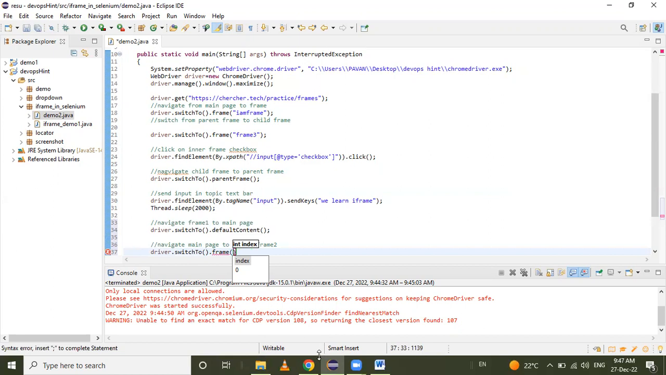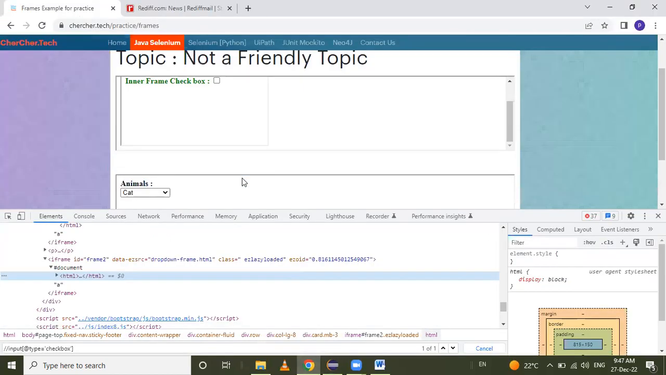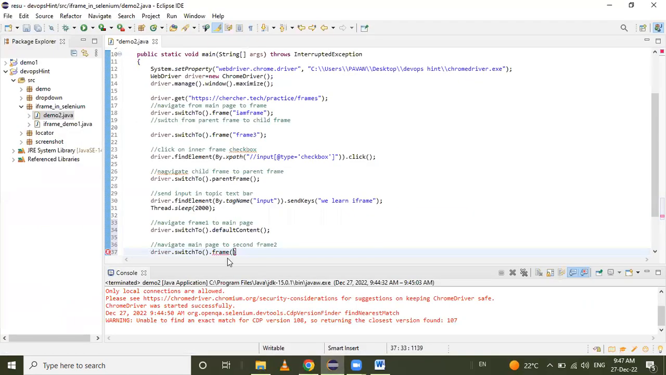Okay, how we can find out the index? See here, this is frame 1 and this is the second frame. This is the main frame of the web page. Okay, so the frame index always starts from 0. So this frame is 0 and this frame's index is 1. So here I use index 1. Okay, index 1, and complete this